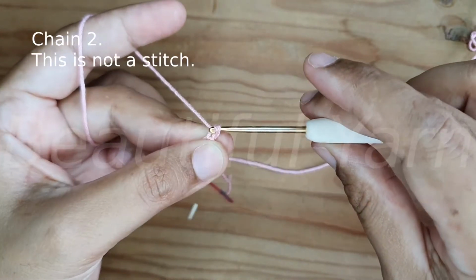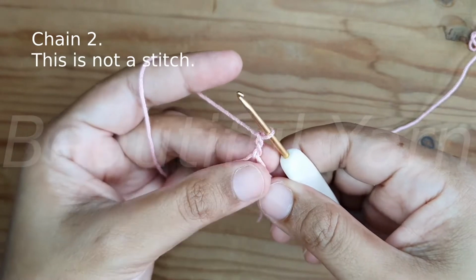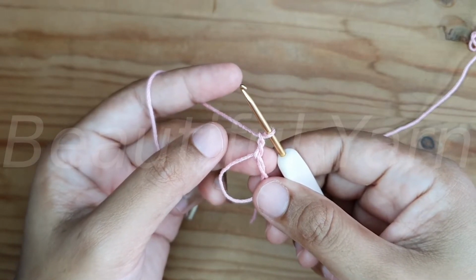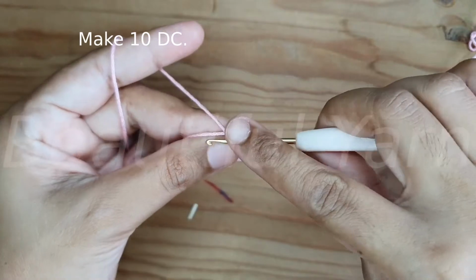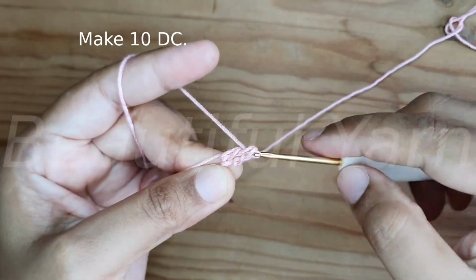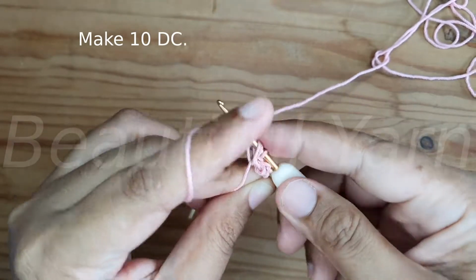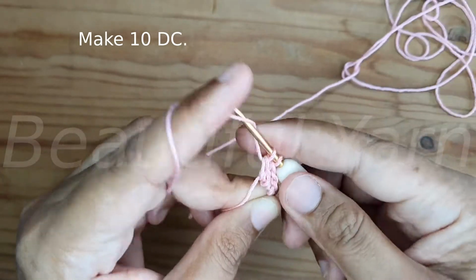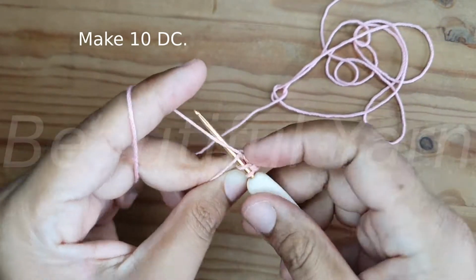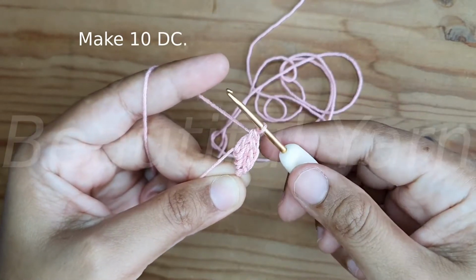So first we're going to chain 2. This is not considered as a stitch, okay? And now we're going to make 10 double crochet into the magic ring. So 1 double crochet, 2 double crochet, 3 double crochet,